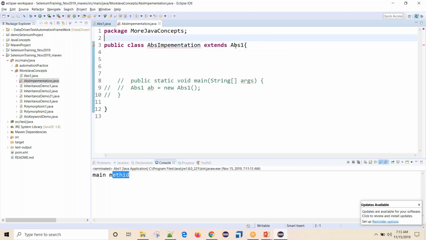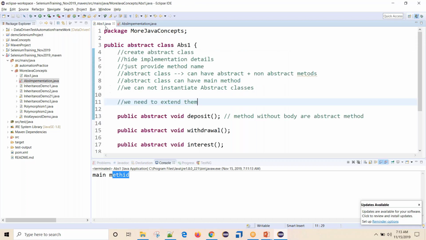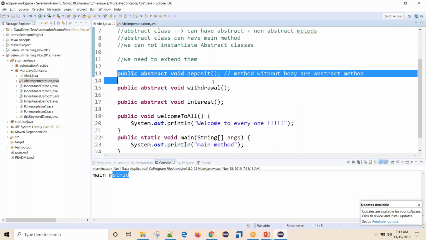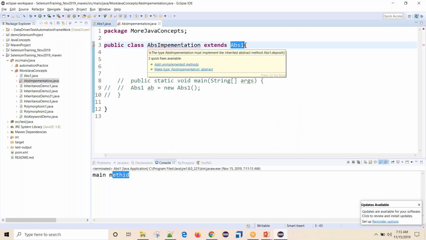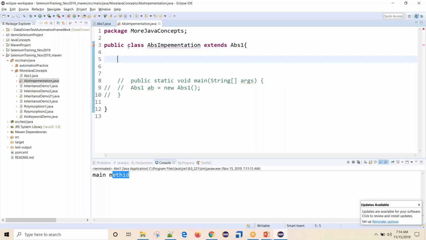What it is saying is that abs1 has some abstract methods, meaning unimplemented methods, so I should implement them. It suggests adding unimplemented methods, or making the type abstract. I can change this class to abstract, and this will not throw an error